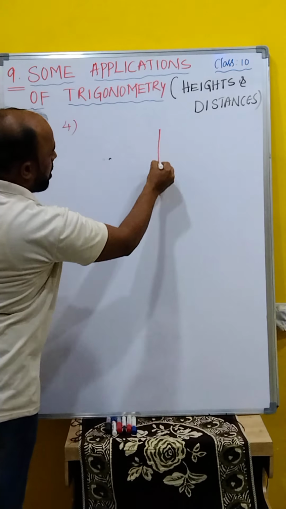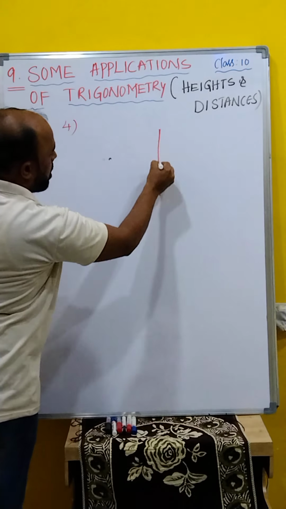Height, so vertically. And from here to here, 30 meters. You are observing the angle of elevation is given clearly, 30 degrees. Right triangle formed. What we have to find? This height we have to find. You can take it as h meters. Clear, children? Then we can take it as triangle ABC.